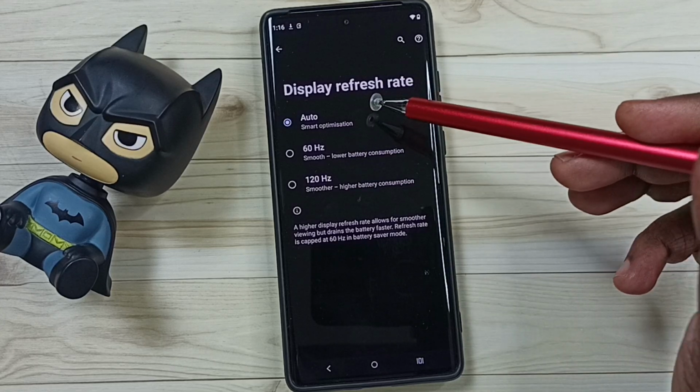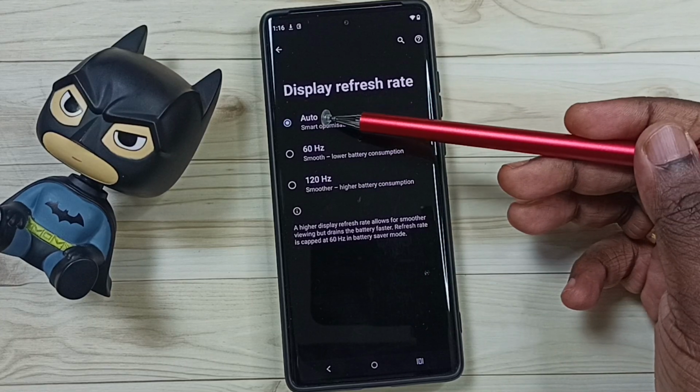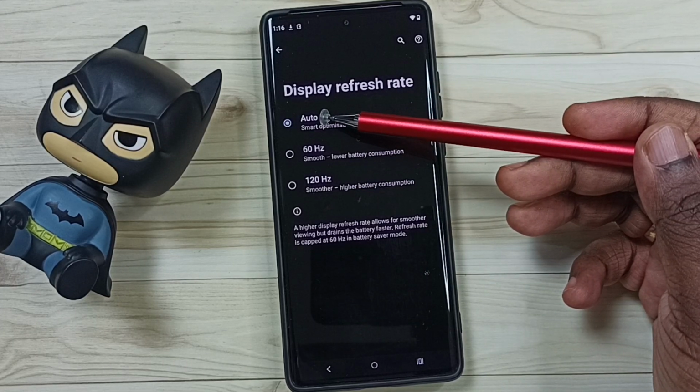Hi friends, in this video I will show you what this auto display refresh rate is, how to use it,